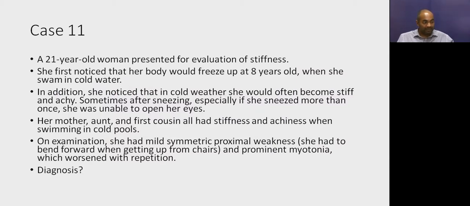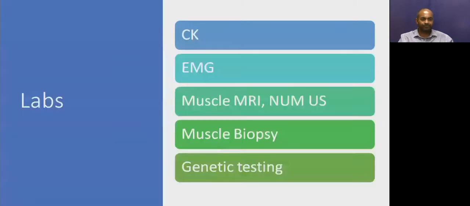And her mother, aunt, and first cousin all had stiffness and achiness when swimming in cold pools. On examination, she had mild symmetric proximal weakness, prominent myotonia, which worsened with repetition. So this patient has paramyotonia. This is a sodium channel myopathy, paramyotonia congenita. Right. So we have covered the